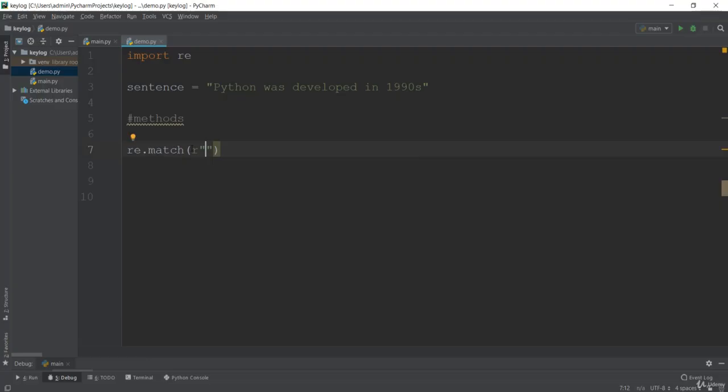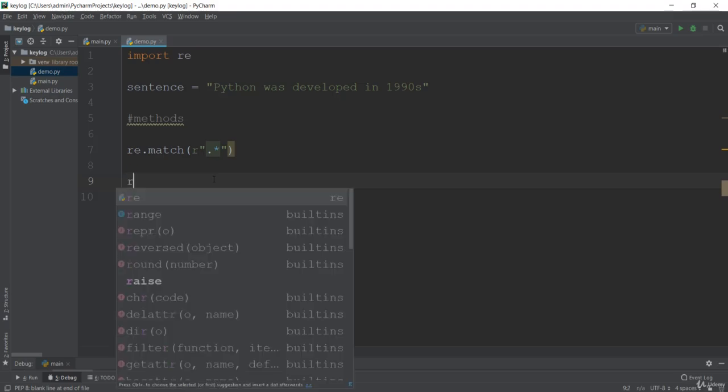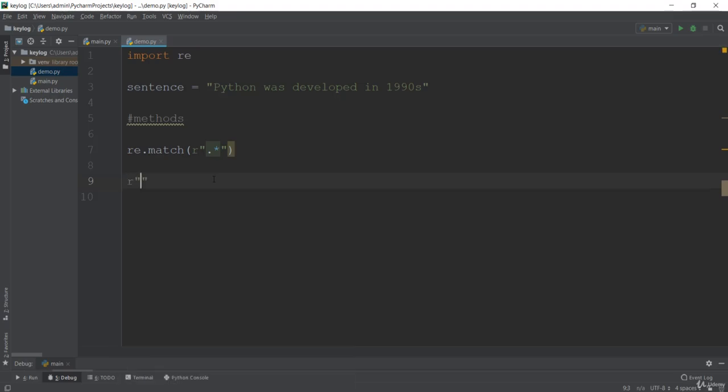Inside the double quote you include your pattern. Let me put a simple pattern over here: dot, and then an asterisk. We just made one simple pattern for the regular expression. Any pattern you make starts with this r, you give a double quote, and the pattern should be included inside the double quote.